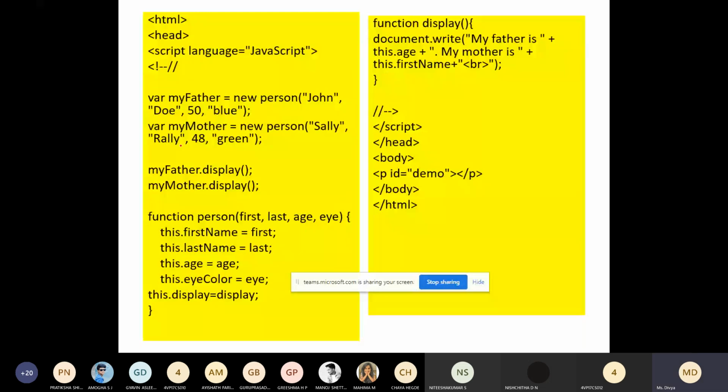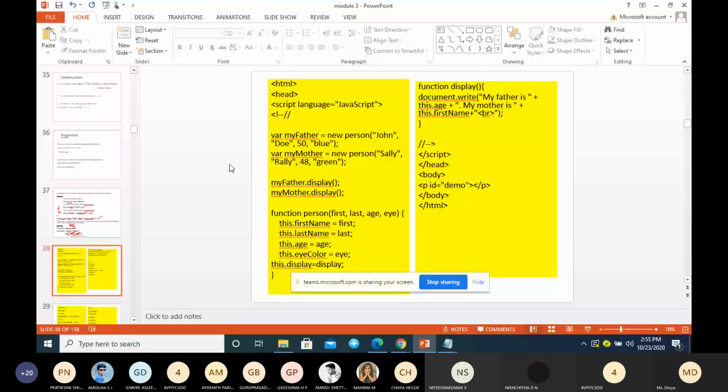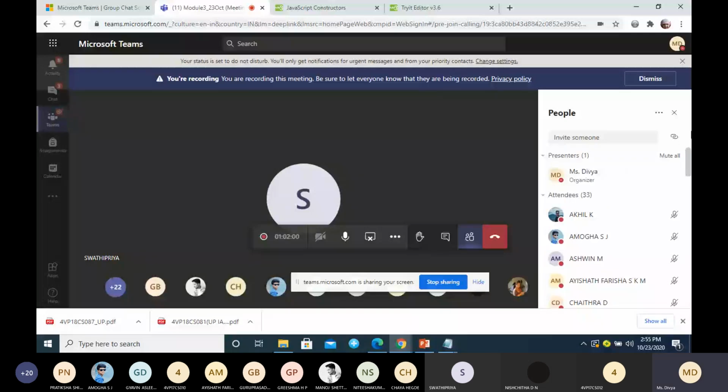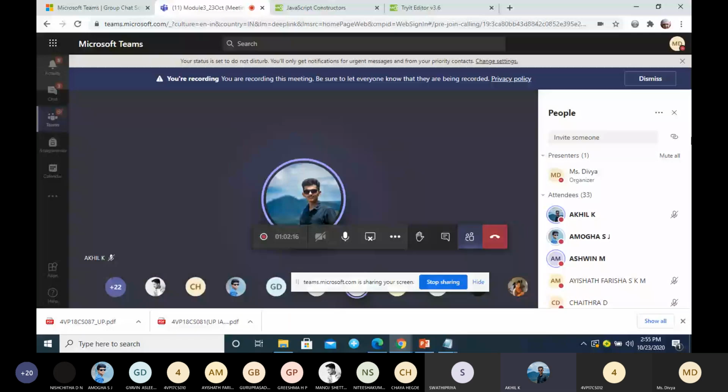Taking attendance. Chaitanya Krishna. Swati Priya. Present, ma'am. Afzal Khan. Akhil. Anusha. Yes, ma'am. Anusha P is absent. Ashwin. Aisha. Yes, ma'am. Faiza.